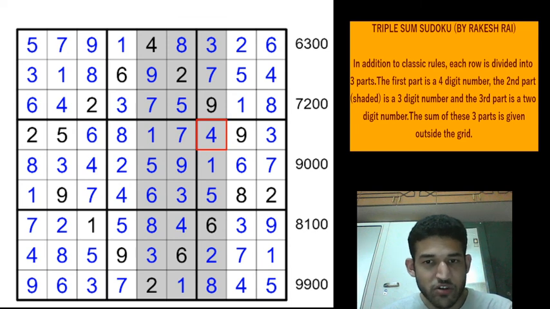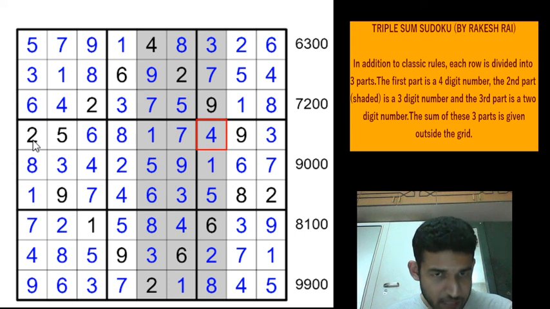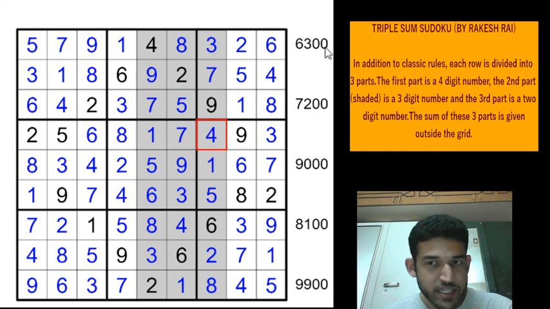This was a very challenging Sudoku, and I struggled with it, if I remember correctly, during the contest. I took around 25 minutes to get through this Sudoku. So the main logics, if you see in this Sudoku, are using the digit in the thousands position, you can make the pencil marks at the start, and you have to use the digit in the units position and play along with the units position digits such that the total is satisfied. So those are the main tricks if you see in this kind of Sudoku. Hope you guys learnt a thing or two and got an idea on how to solve these kind of Sudokus.